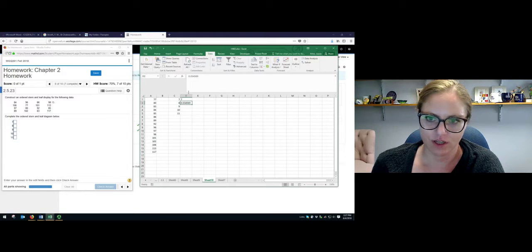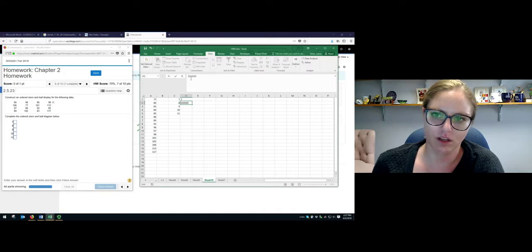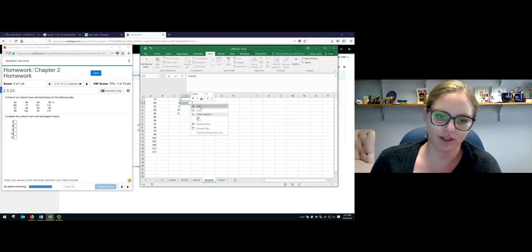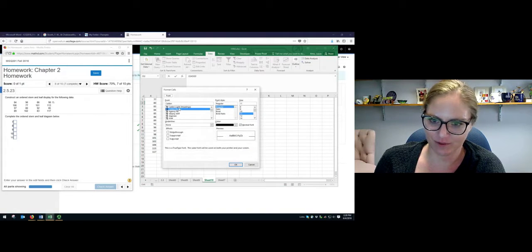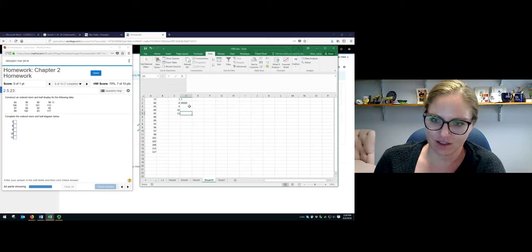So if you have a 0, there's a couple different options. Just be careful. You can put a 0.0, but then it's going to give you an extra 0. If you don't put the point, it's not going to give you the 0, or you can save it as a text. So in this case,